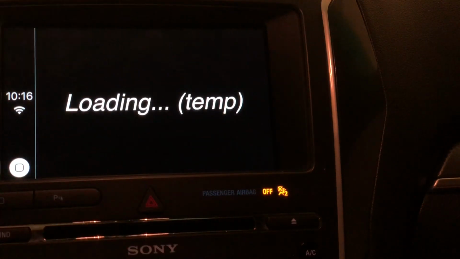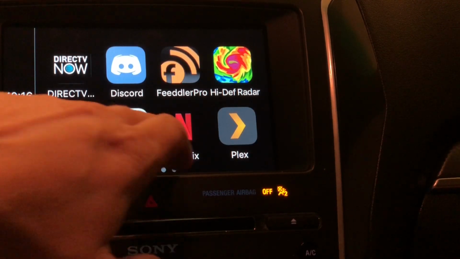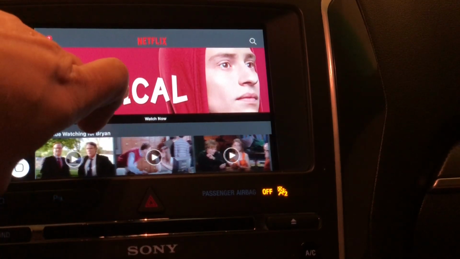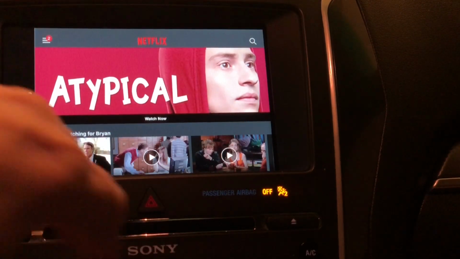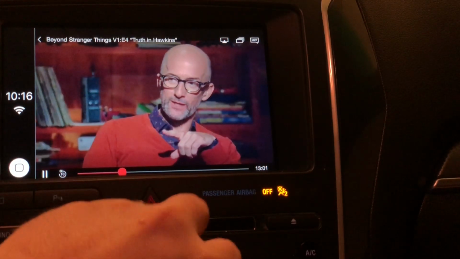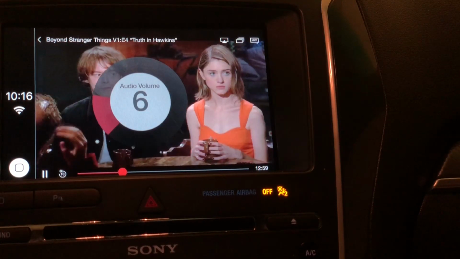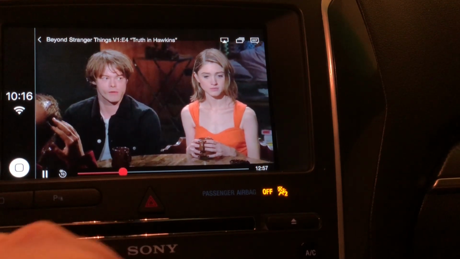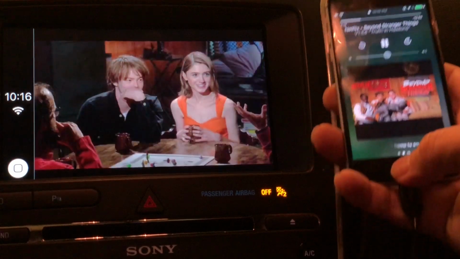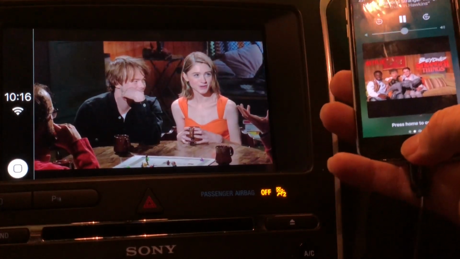Netflix, let's fire up Netflix. What's Netflix look like? Fire up, I don't know, watch one of the Stranger Things documentaries. What does that look like? Works pretty well. So one of the cool things about this tweak that makes it so next gen, besides being